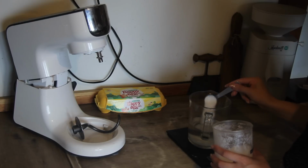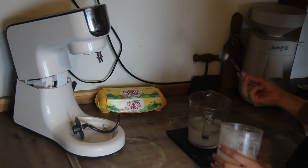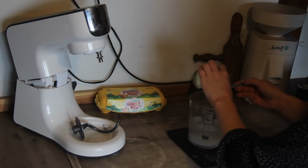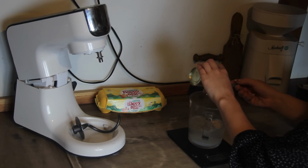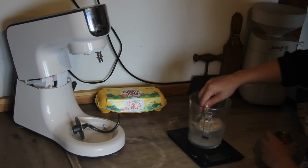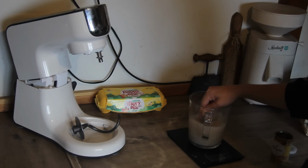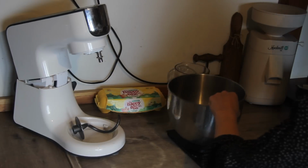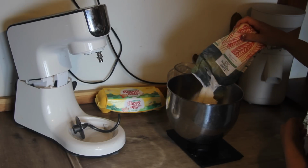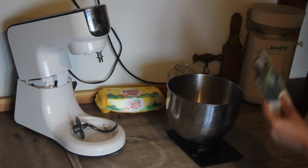This way you can make it once, or you could buy 2 tins, make 2 weeks worth of bread, freeze it, and your family has the fresh bread. I guarantee you won't want to go back to the store and buy it. So as always, the recipe ingredients are on the blog, and I will show you how I made it and how easy it is. As you can see, I have just made the yeast mixture, and now I'm making the